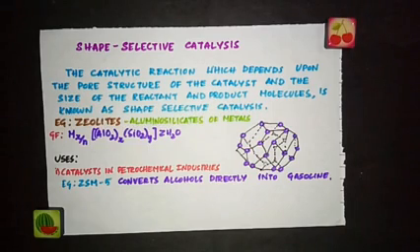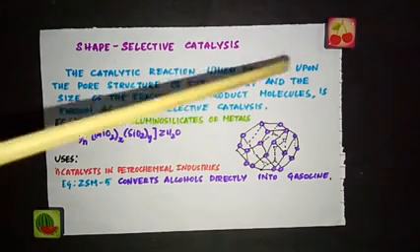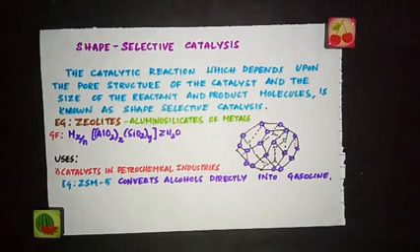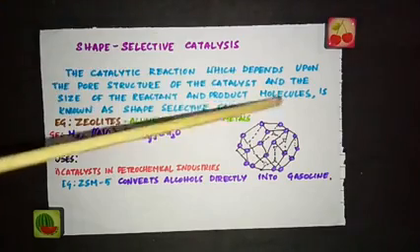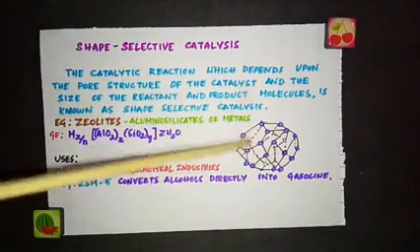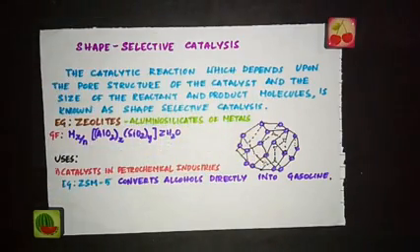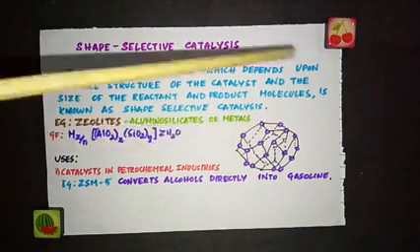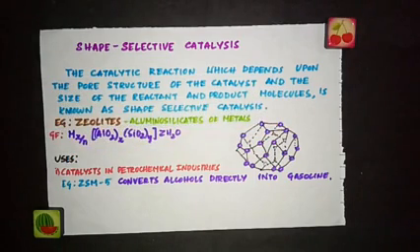In the case of small size, they will slip through the pores of the zeolites and they will not get trapped by them. So only those reactant molecules which can fit into these pores of the zeolites can be accommodated, and then the zeolite can catalyze the reaction. So this reaction depends upon the shape and the size of the pore and the reactant molecules. That's the reason we call this catalysis shape selective catalysis.